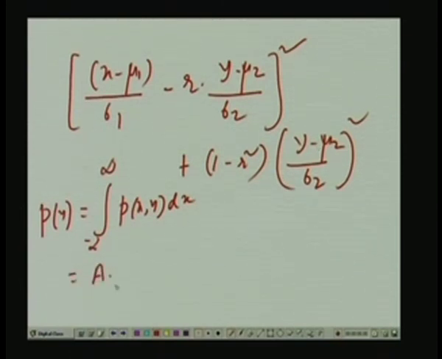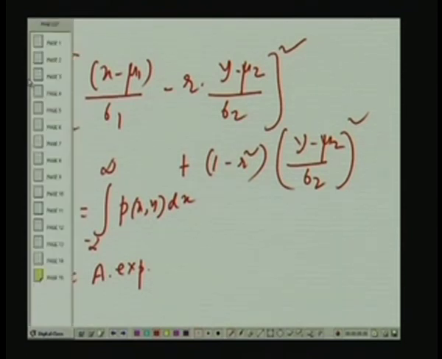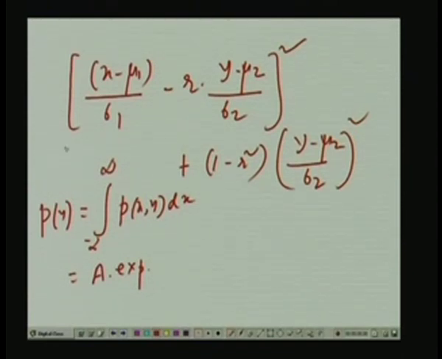So, we will be getting a times exponential. Some cancellations take place with the other term which lies outside, that is 1 by 2 within bracket 1 minus r square. So, 1 minus r square cancels, and there is a minus sign also. So, you get